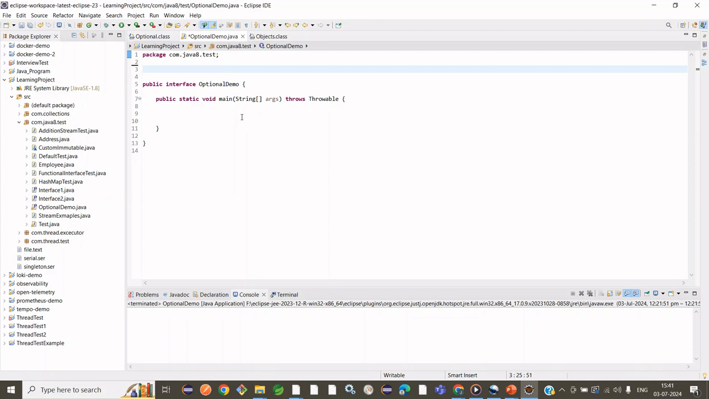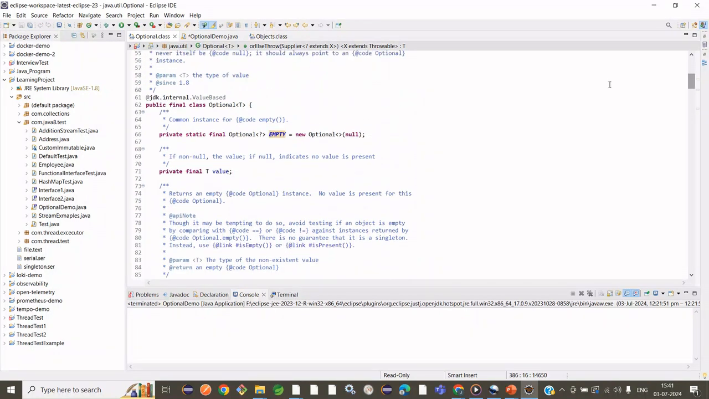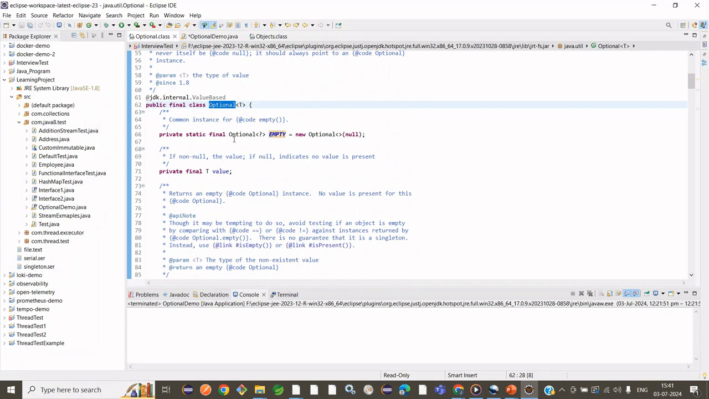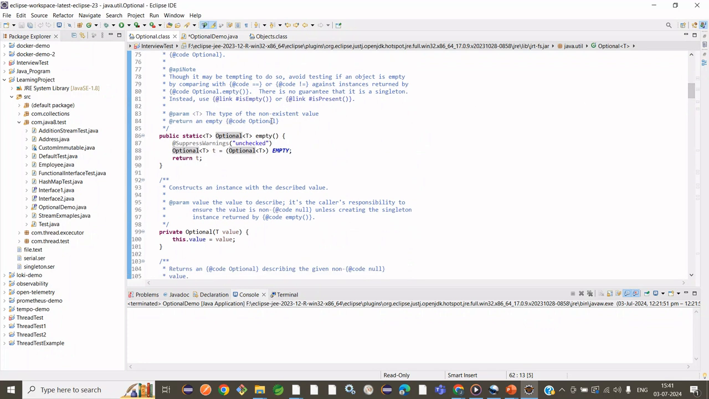Firstly, we'll try to see the Optional class. Okay, so there is an Optional class. I'm going to open it and see the code behind the Optional class. See, this is the Optional class, and it's a final class. In this Optional class we have the empty method, which is a static method,